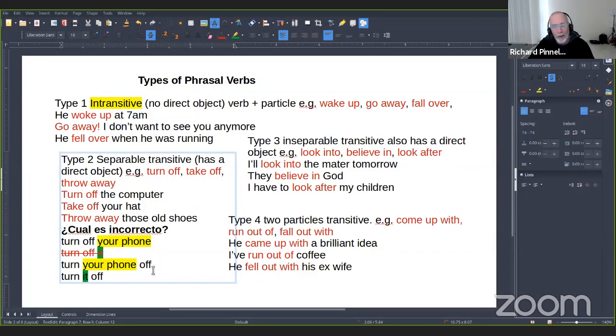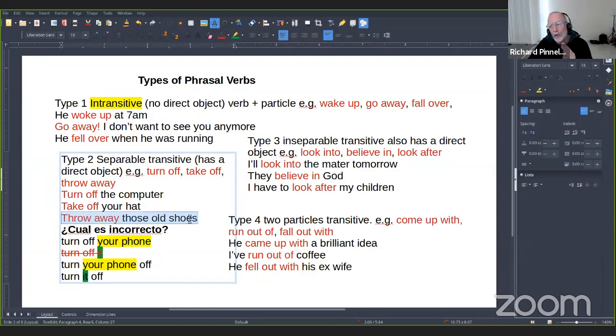Turn your phone off, correct. Turn it off, correct. But turn off it, incorrect. If I wanted to make examples with these words, I would say, take off your hat, correct. Take your hat off, correct. Take it off, correct. But take off it, incorrect.